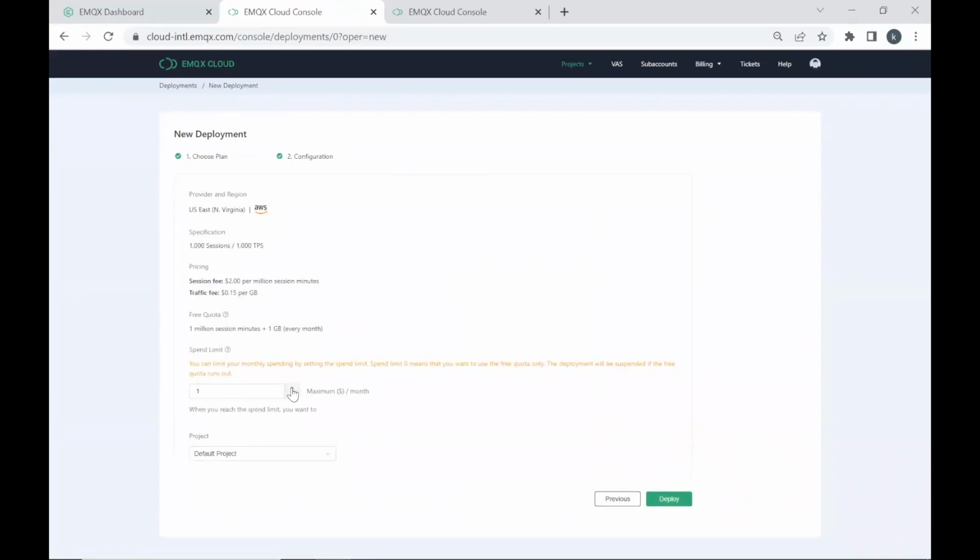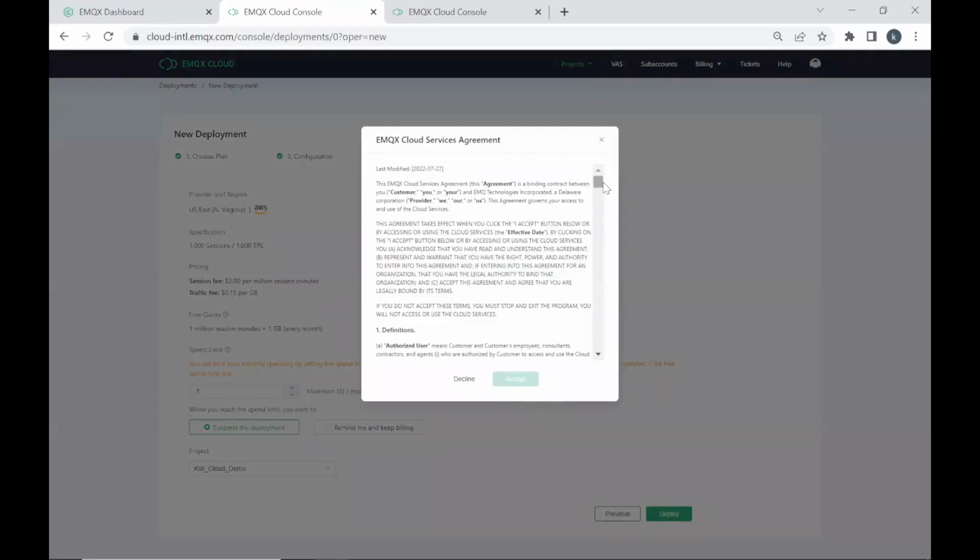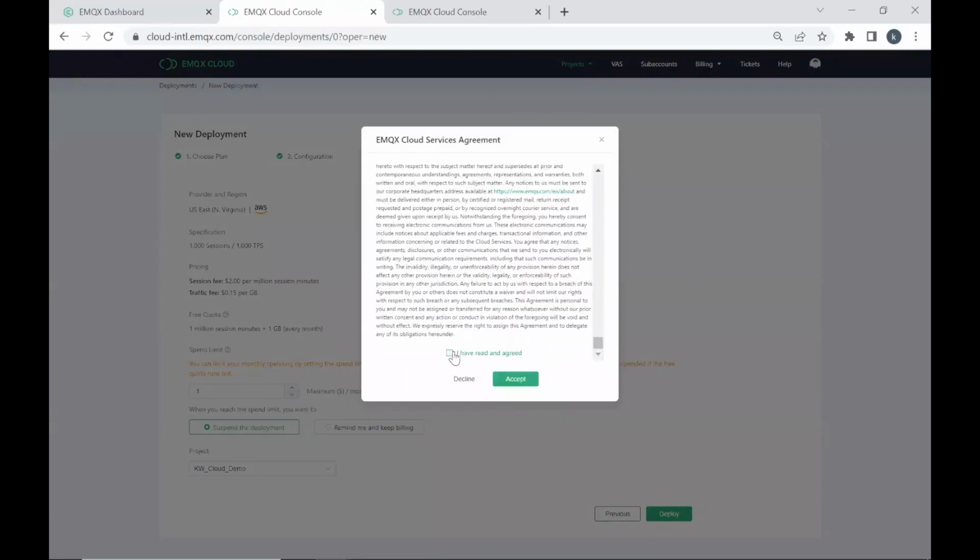notice that here you can specify the amount that you're willing to spend over the free amount. So we'll say $1. And then you have a choice. Basically, the choice is what happens when that session minute limit or the dollar amount is reached. You can decide to either suspend the deployment, where it will stop and will not be able to accept any connections, or you could say, no, I want to keep my broker running and actually go over the limit, but please remind me that I've gone over the limit. So once you make your selection and you hit deploy, then you accept the cloud license agreement,